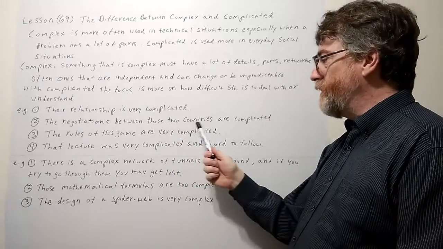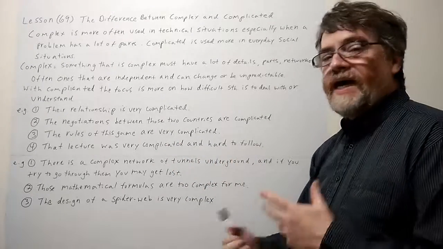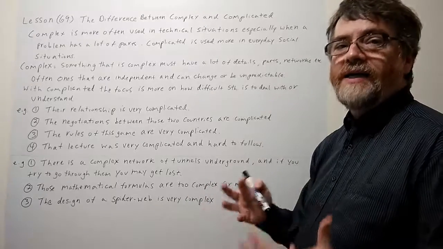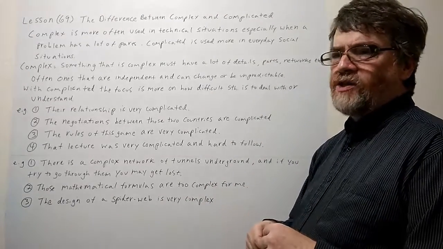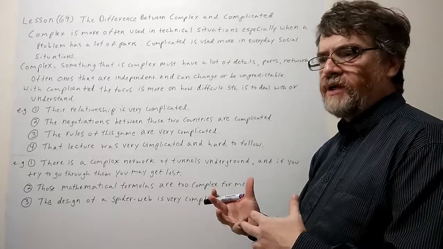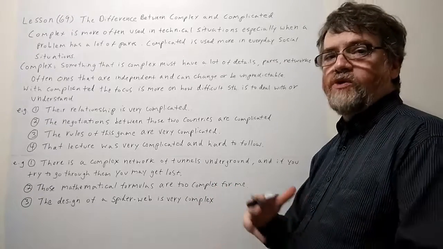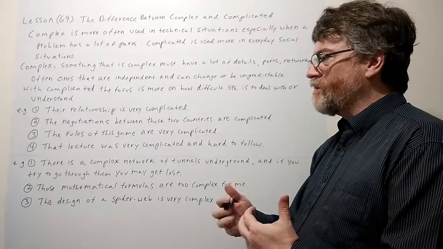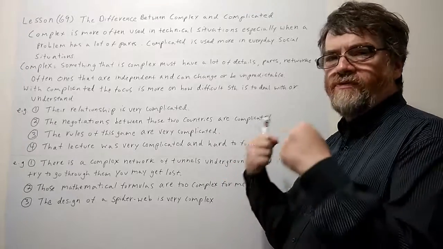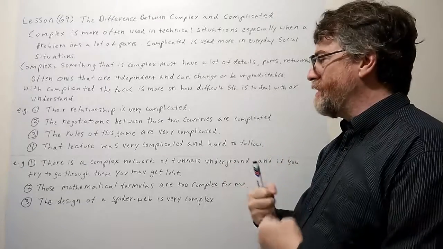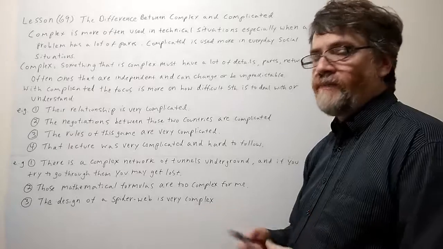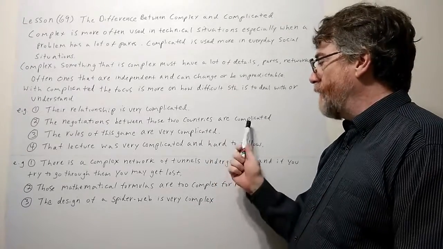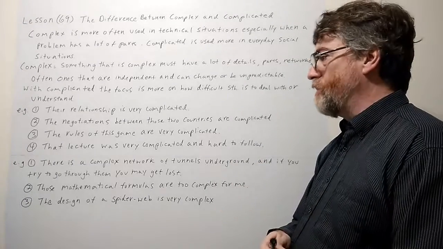The negotiations between those two countries are complicated. Again, it's probably not easy to deal with. They're trying to work out a deal. It's not so much that you don't understand what's going on, but one wants to make sure they're not giving up too much or losing too much. And you also have a little bit like a relationship. You have wills that are kind of going against each other. It makes it more difficult to deal with. Again, this is something that we hear about every day or comes up every day. So again, complicated would probably be more common in this situation.